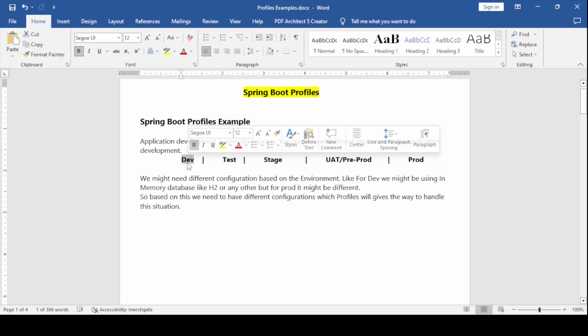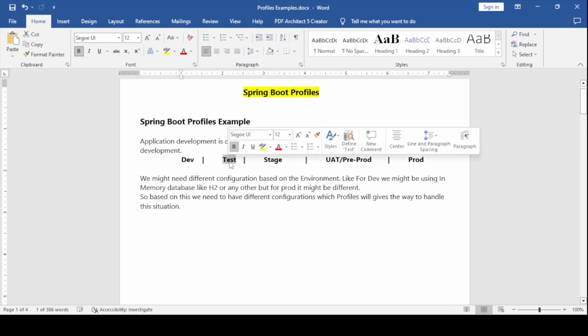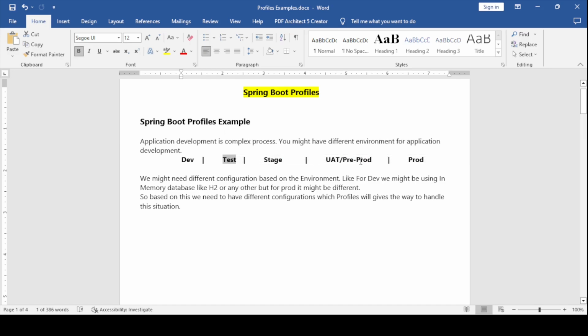For example, in the dev environment you might be using the H2 in-memory database, but we are not going to use that for the production environment. In production, we might use a different database like Oracle or another commercial one. And for testing, in the test environment, you might use MySQL or something else. So these are specific to the environment, and whatever details we use, we can manage using the